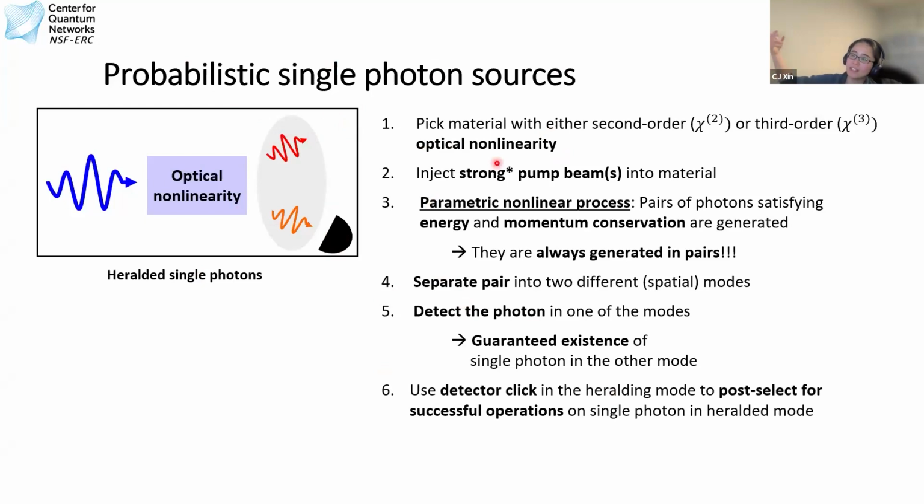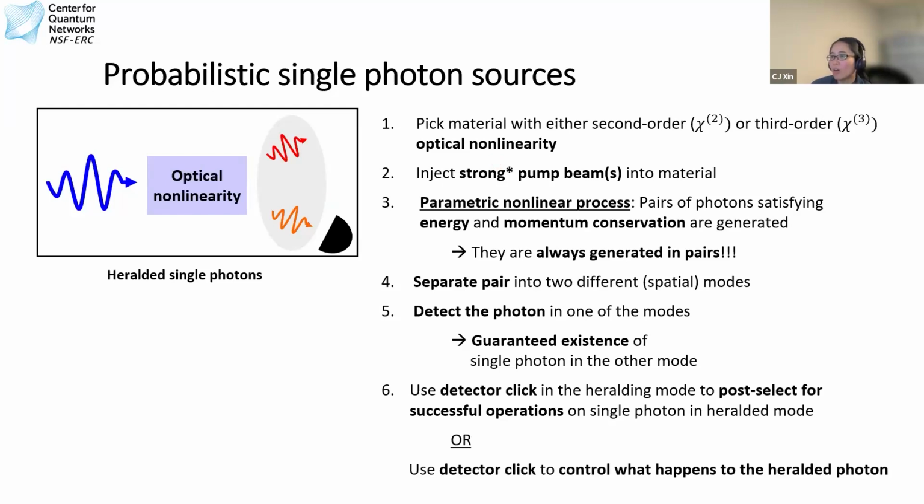Afterwards you say, okay, these were the ones where the heralding detector actually clicked, so these are the only ones that are valid. Or you could use the detector click to control what happens to the heralded photon, and that actually requires